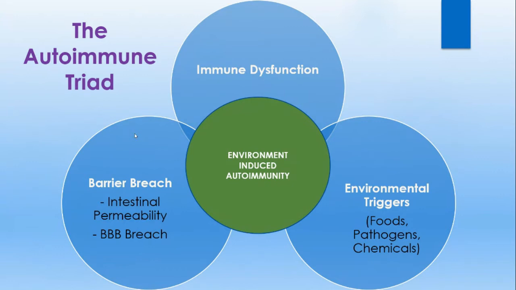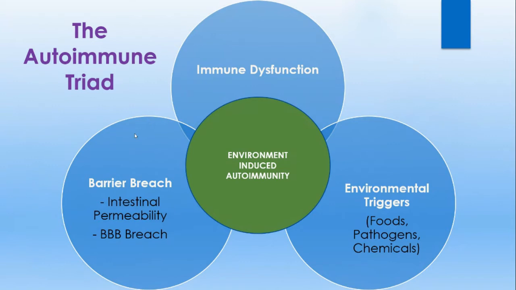Pathogens have a number of different mechanisms through which they may induce autoimmunity. Chronic infections, or bacteria, fungi, parasites, viruses, they all have an incredible ability to stimulate the immune system and trigger and drive autoimmune processes. You can have a lot of these things present over a long period of time. They're chronic infections. You may not even know that you're dealing with it. So those are the pathogens.